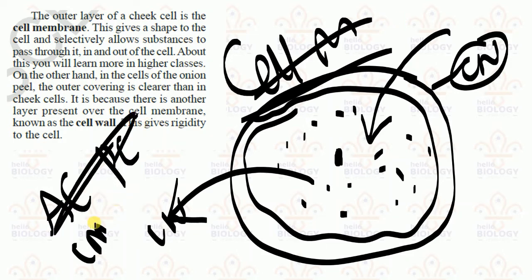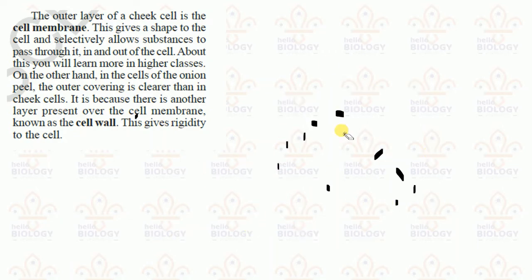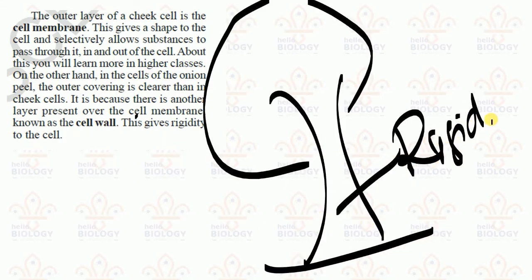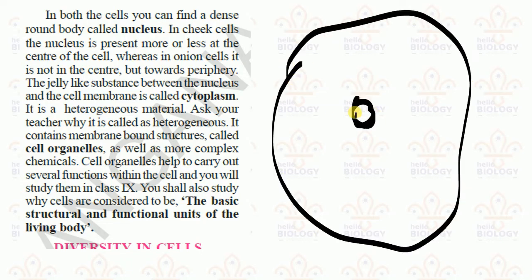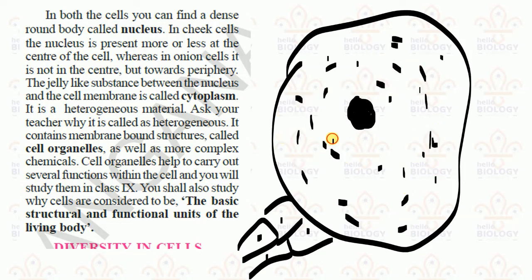Understood? And this cell wall helps with rigidity. For plants, rigidity is important and makes them stronger, which makes huge trees; you can see how a mango tree can stand alone. That means the cell wall gives rigidity and strength. Understood? And next, the nucleus. In cheek cells we have seen a nucleus which is present in the center and sometimes at the corner. In the same way, in the onion cell also we can see the nucleus. Surrounding this nucleus is a jelly-like substance which is called cytoplasm.